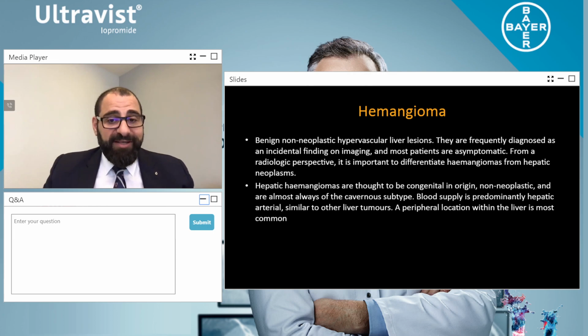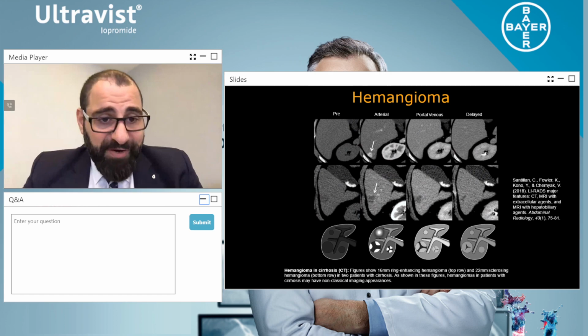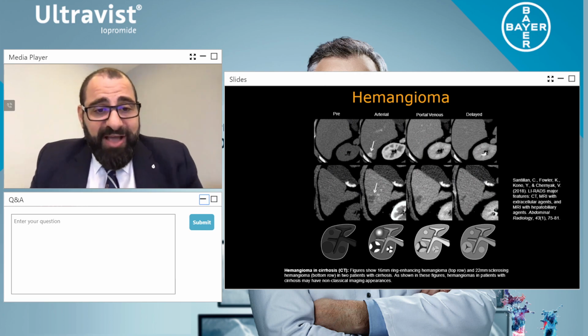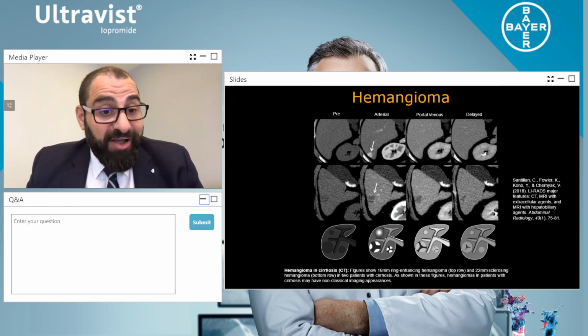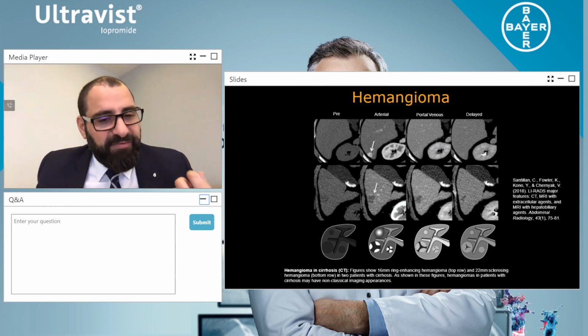So let's have a look at some hemangioma patterns. If you look at the top row, the pre-contrast scan is hypo-opaque, or the same density relative to the liver parenchyma. Then the arterial phase shows a nice, well-circumscribed border and multiple enhancement patterns. In the venous phase, it's starting to wash out, so you think to yourself, could it be an adenoma? But then in the delayed phase, the wall is still enhancing. This is typically known to be a hemangioma.